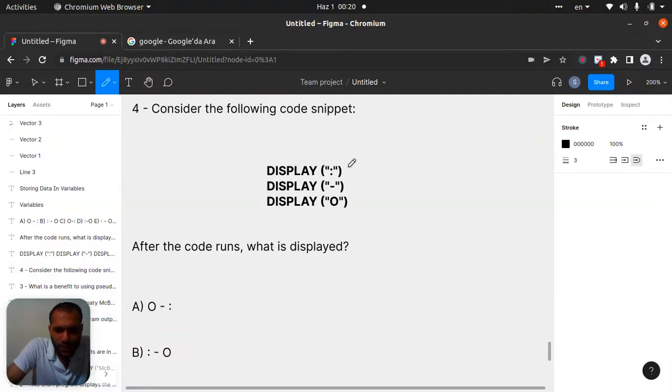Okay, this is pseudocode. We'll put the first line, it will be that, right? After that, we will put one line, so one space. Then we will put it like this, minus. After that, again, this is the third statement.